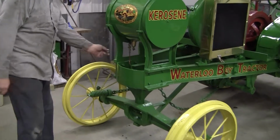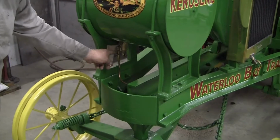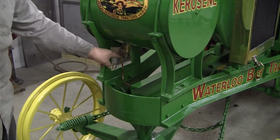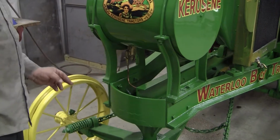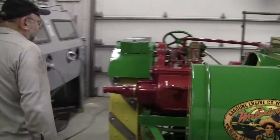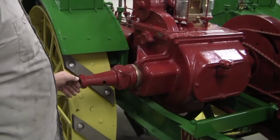Okay, this is the valve here. Turn this valve off, turn the tractor off. And there again, this is the valve here that drains the fuel tank out there. They're side by side, it's very easy to grab the wrong one. And when it's running, of course, obviously, make sure it doesn't catch your coattail and wind you